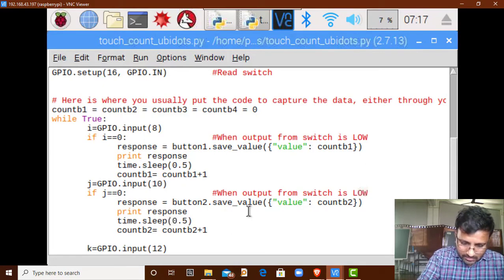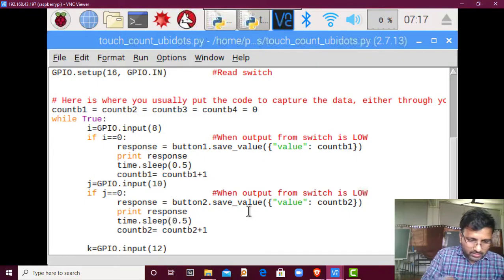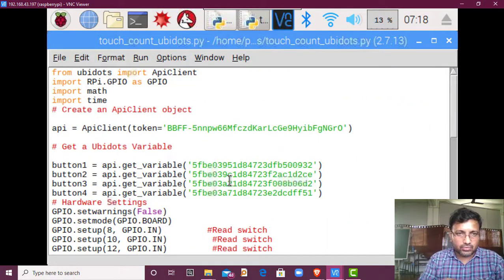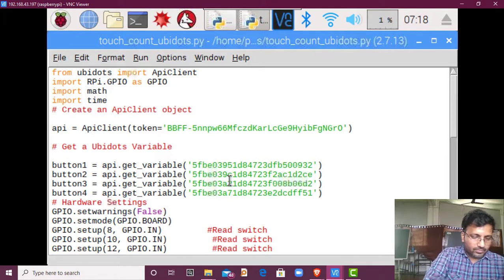Ground is connected to pin number 6. VCC is connected to pin number 2. And B1, according to the code, is connected to pin number 8. Then B2 is connected to pin number 10. B3 is connected to pin number 12. Then B4 is connected to pin number 16, because 14 is a ground, that's why pin number 16. Okay, so we can have this event counting. So the connection is done.